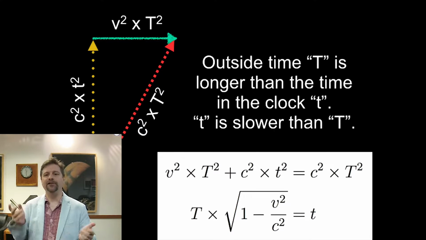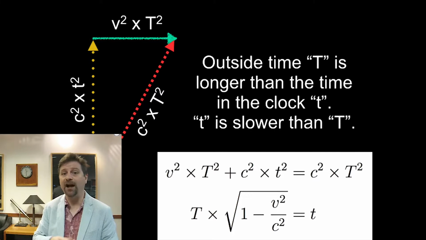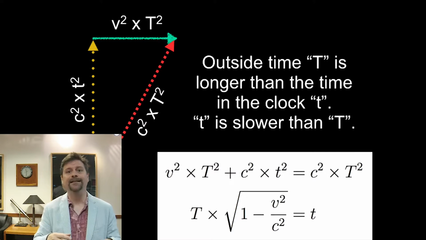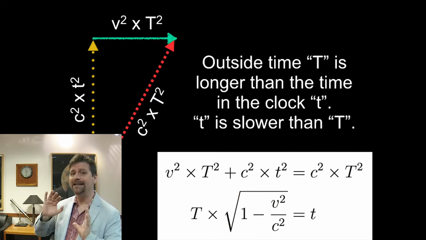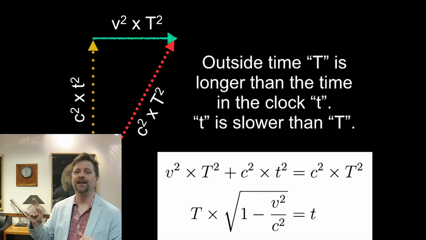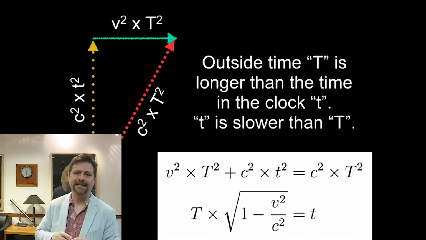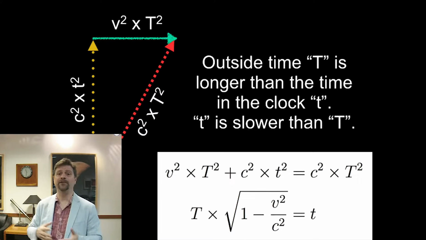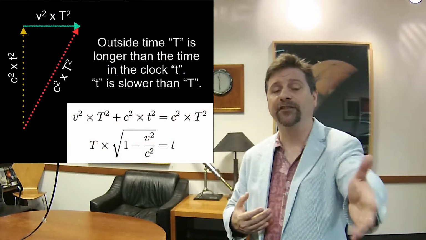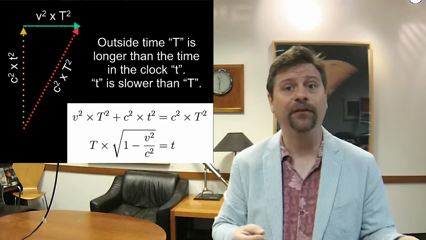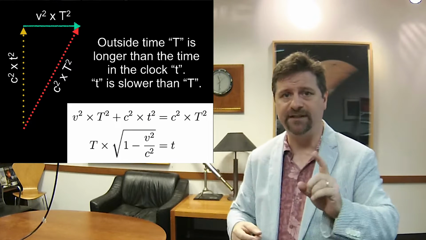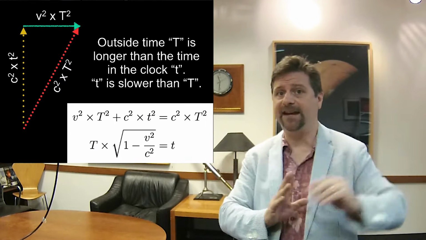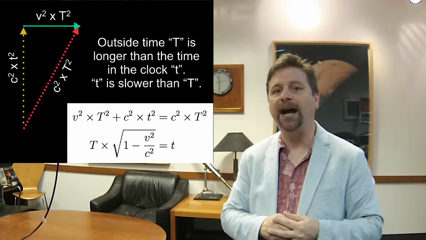And we find that if we do the algebra, the actual time difference is that the clock time that we measure outside is longer than their time inside. So there's a difference between the two times, and we on the outside see the clock moving by, going slower. Now it's relative. So if you were in the clock tube, looking out, you would measure the exact same thing if they had a bunch of clocks that you were rushing by.